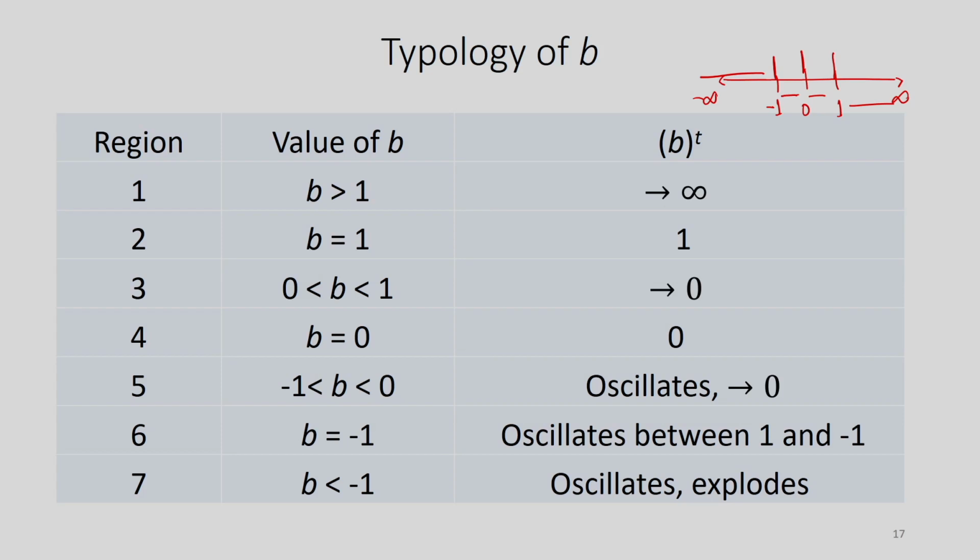So, these are the 7 distinct possibilities of b, and each of them might give us different kinds of stability, right, and that is what I have commented in the third column here. I shall take it up in the next lecture, and there I can carry it forward further.